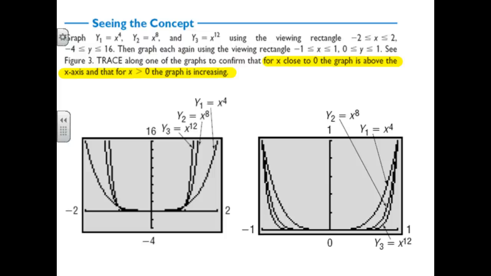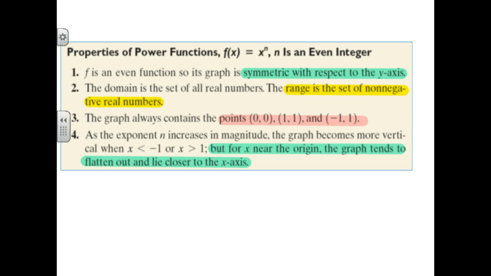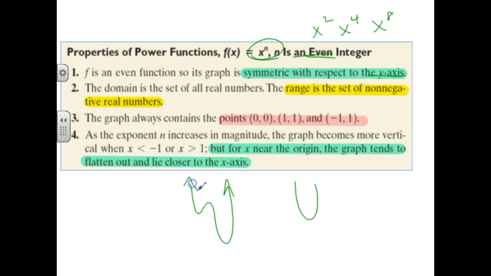So you can graph it on your calculator, but it's very hard to see what's happening here between 0 and 1. So that's why I'm trying to highlight that for you. There should be symmetry with respect to the y-axis, and these are for x to the even functions. So x squared, x to the 4th, x to the 8th. They all kind of look like u's,